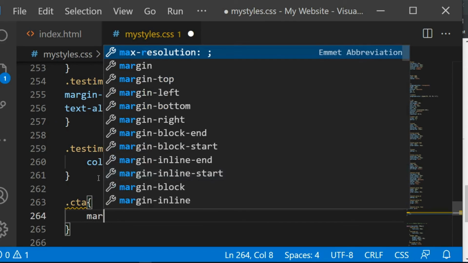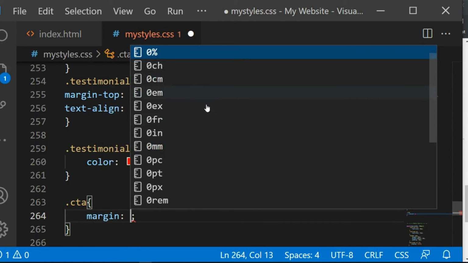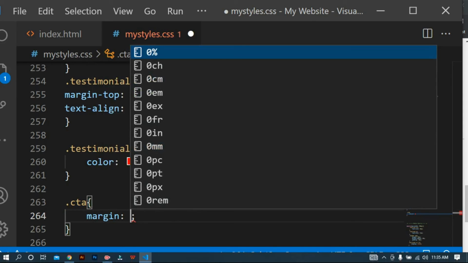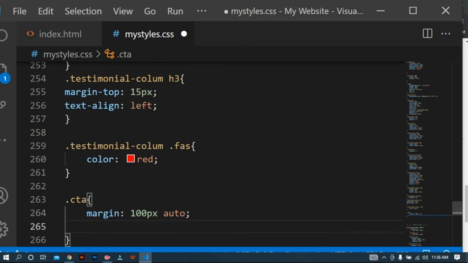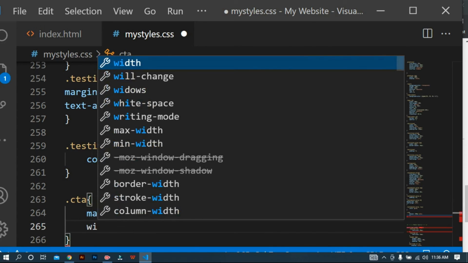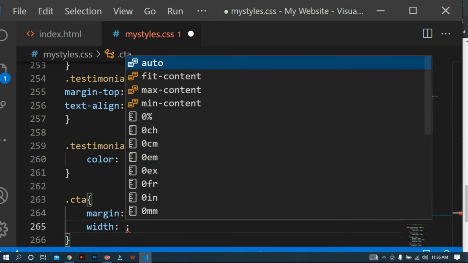So imagine I'm going to give it a 100 pixel top and bottom, and then auto left and right. And then the other thing that we want to give it, let's give it a width of 80%,